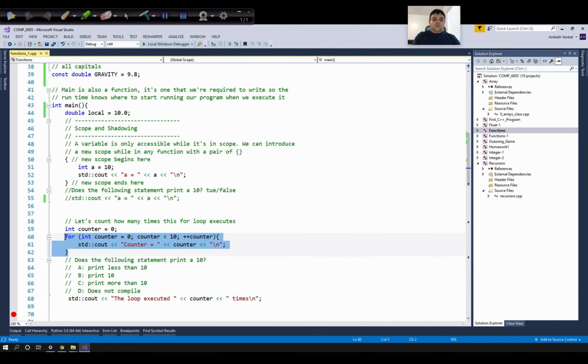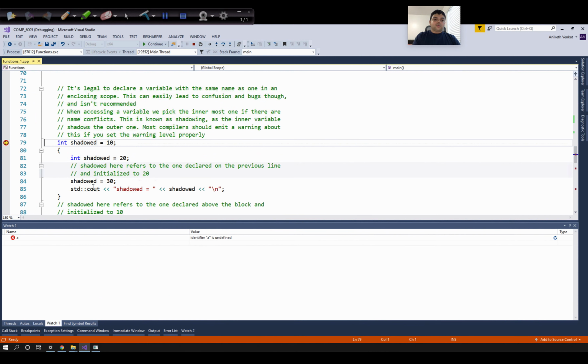So within the for loop, I'm just incrementing the value of the counter. I'm looping 10 times and printing the value of the counter. And at the end of the loop, I also want to print the value of this counter. Now the question is, after the loop is executed, will the value of the counter be less than 10? Will it be equal to 10? Will it be more than 10? Or whether this program compiles or not. We already checked that this program compiles. So let's run this program and let's see what will be the value of